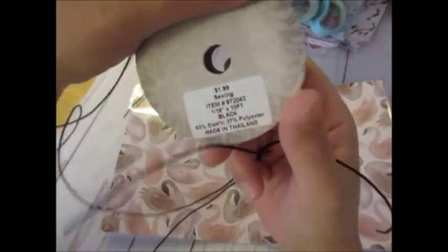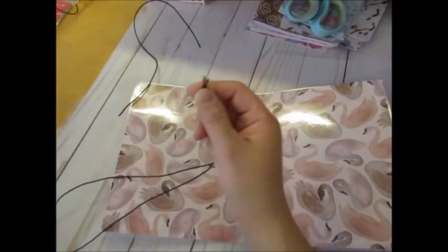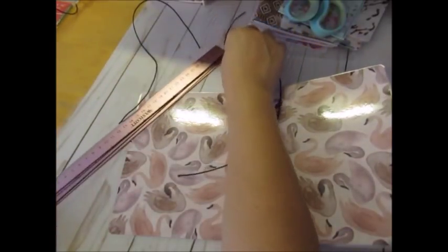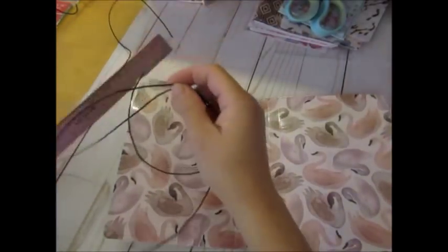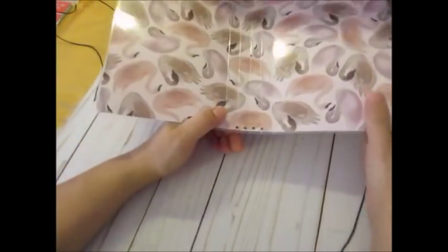This one in particular is from Hobby Lobby, and I always buy them when they're on sale if I need any more. I think I'm down. I think that's my last black one. So I've got this folded in half and an inch. So you don't probably need that extra inch, but at least 4 feet of elastic. And to do this,